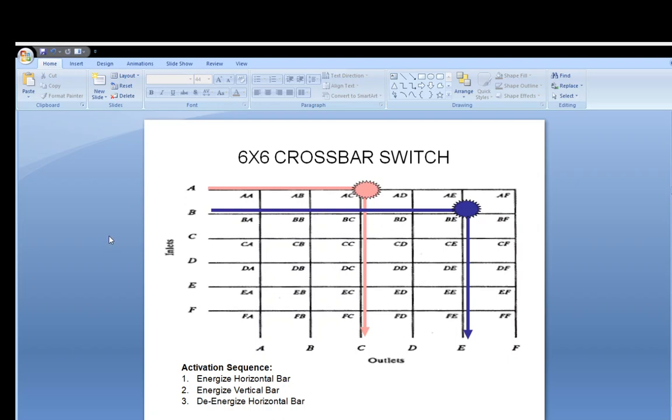For removing this type of problem, one more amendment was applied on the switching system, and that was the sequence of the connecting path: first of all energize the horizontal bar, then energize the vertical bar, and then